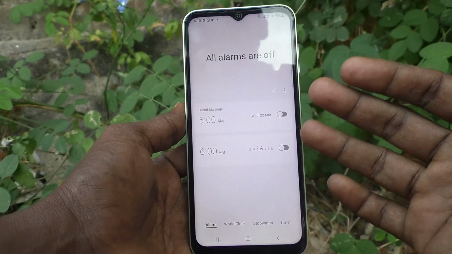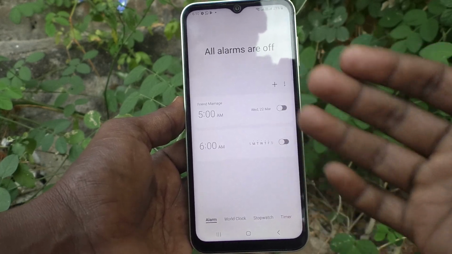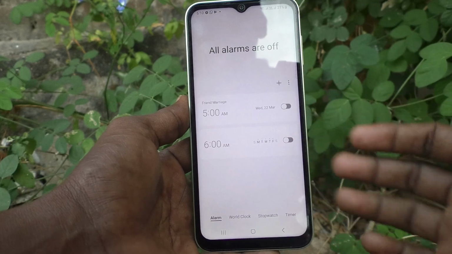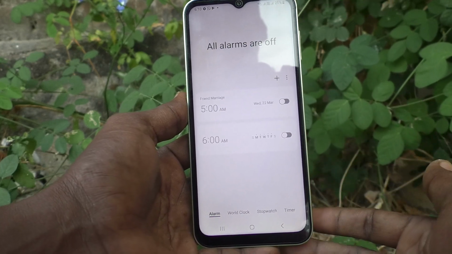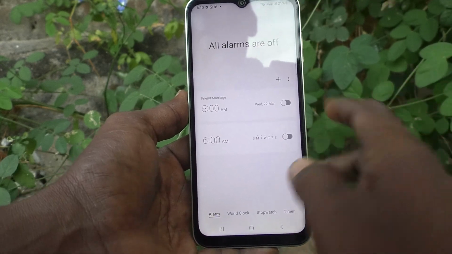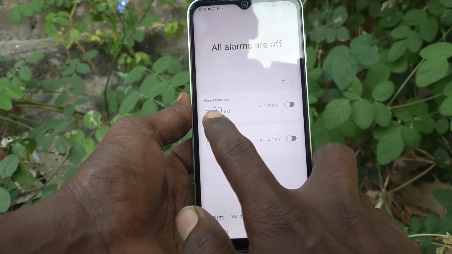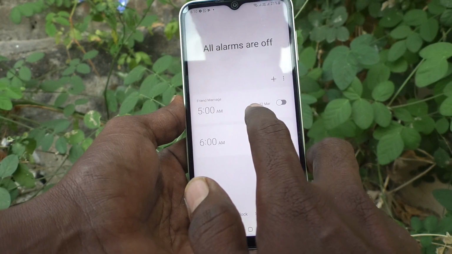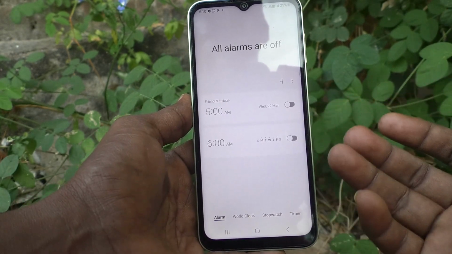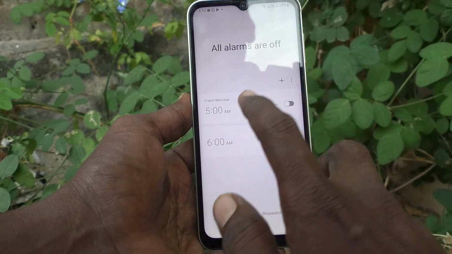Here, you will see list of alarms that you set in your phone. Currently, I have 2 alarms set. Okay, if you want to change alarm tone for particular alarm or all alarms, you can do it. I have set 5 a.m. For Wednesday 22 March. Okay, for this, if I would like to change alarm sound, what I got to do